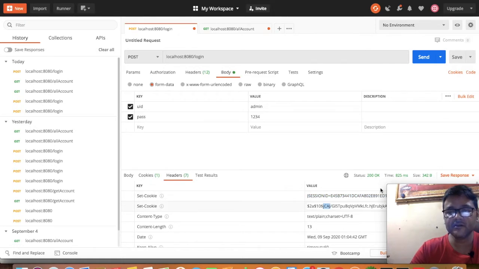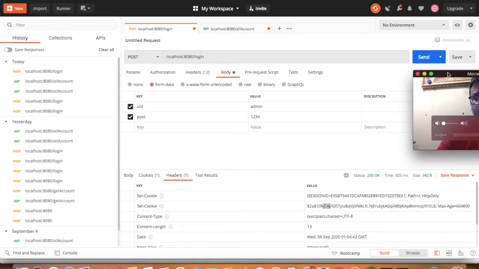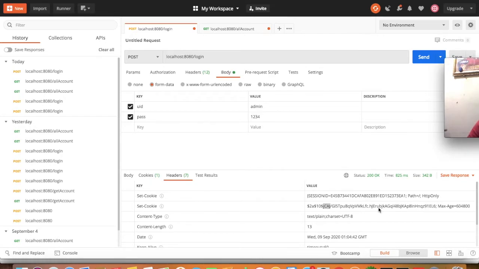But this one, let me move out. This one which we have created, I have provided XYZ, but here the hashed part became this lengthier hash code. Okay, so the hash code is there as the cookie value. The max age I have provided for 7 days. It became 6,04,800 as the number of seconds. So now this one we have to copy.